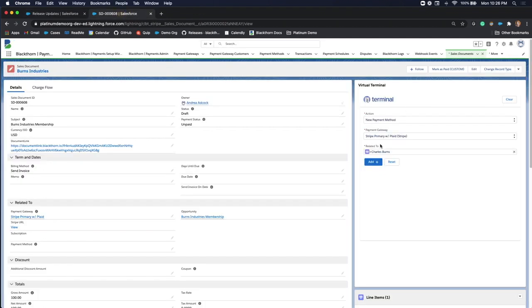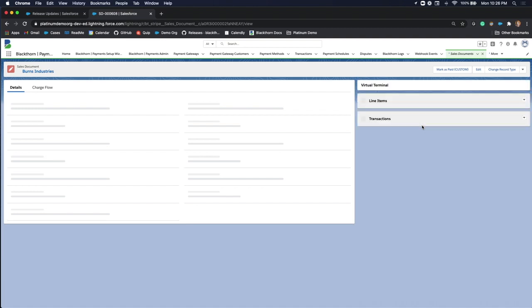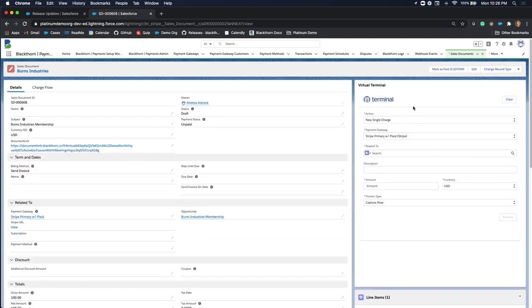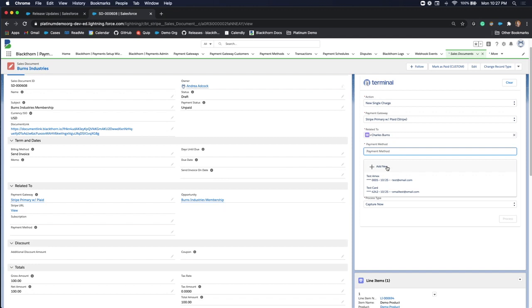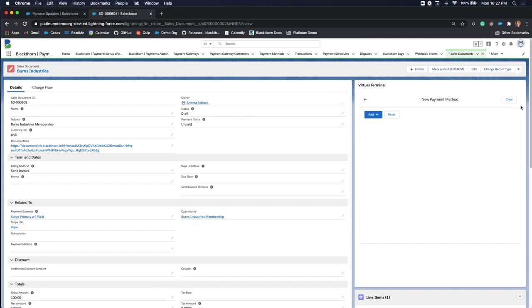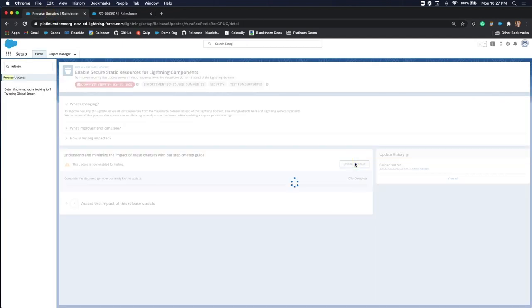And if I go to virtual terminal, you can see that on the new payment method action, I'll go ahead and just do a reload so you can see how it looks on page load. Switch to new payment method. The input fields are not rendering. They should be between this related to section and the add button. And then likewise, if I switch back to new single charge and try and add a payment method this way, it's the same behavior where I don't see the input fields. So of course, if I disable test run on this update,